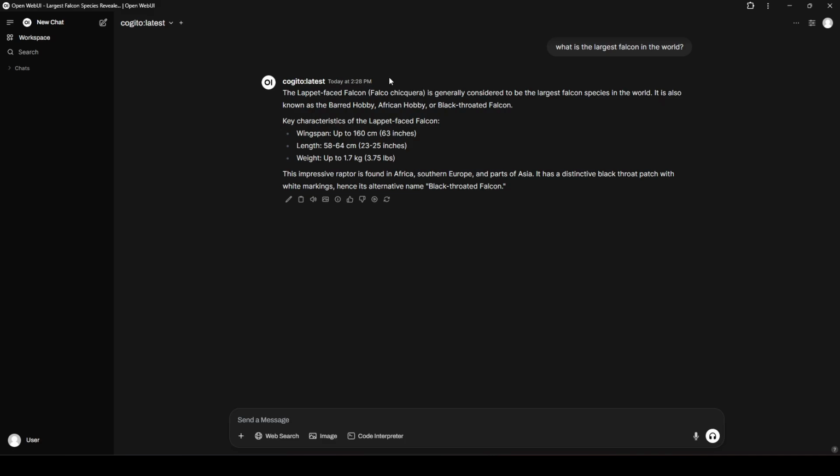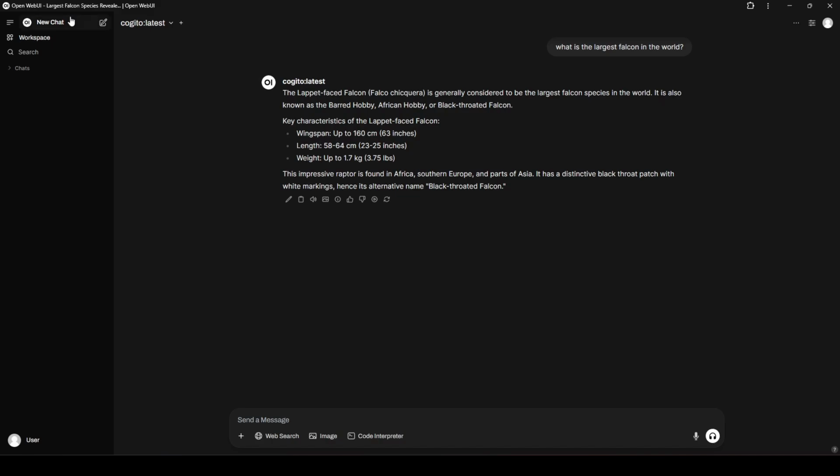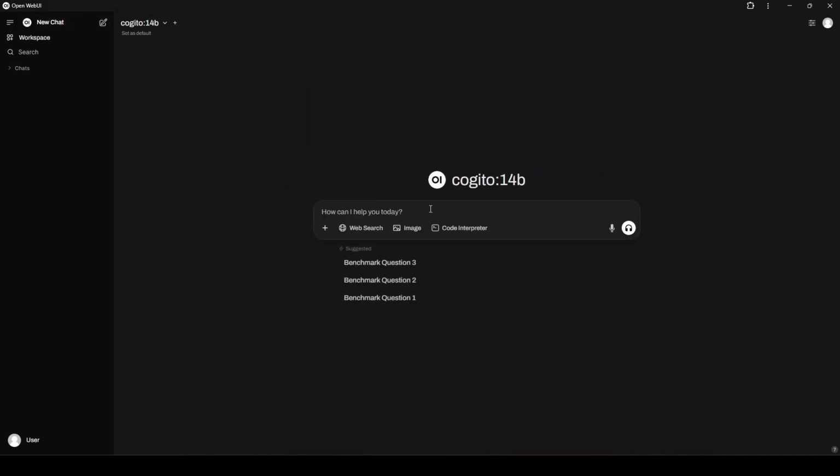Most of my general chat, so to speak, is with Llama 3.1 8B, I think. I'm just checking here to make sure I don't tell you the wrong thing. It's right here, Llama 3.1, latest 8 billion. That's the one I use for general chat, but honestly, I don't do that much general chat anymore. Most of mine tends to be more academically focused now that I understand what large language models can and can't do reasonably efficiently.